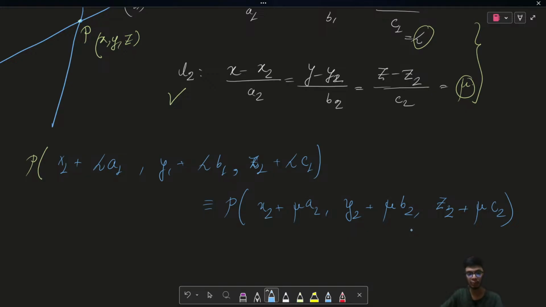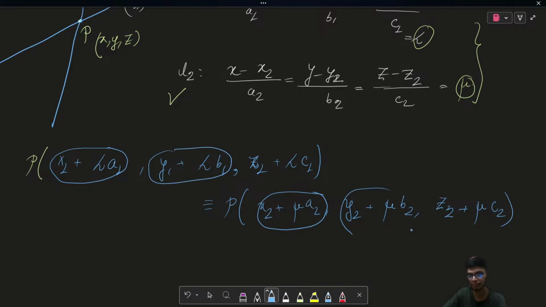equivalence relation, right? So from here, if you take any two parts, let us say I take this part and solve with this part, I will have one equation in lambda and mu, and another equation can be taken from this part and this part. So if I try to solve these two equations in two unknowns, from there I will get the value of